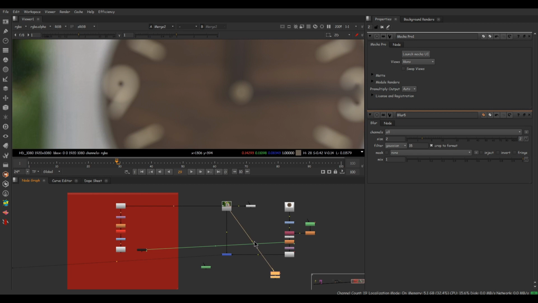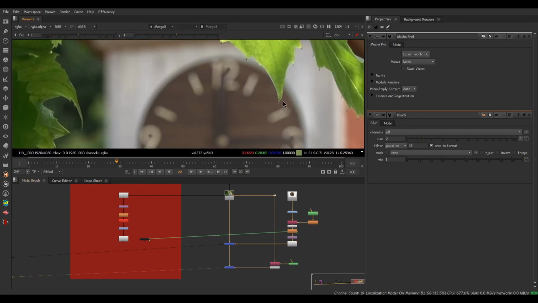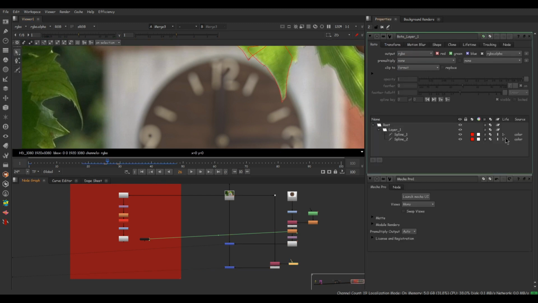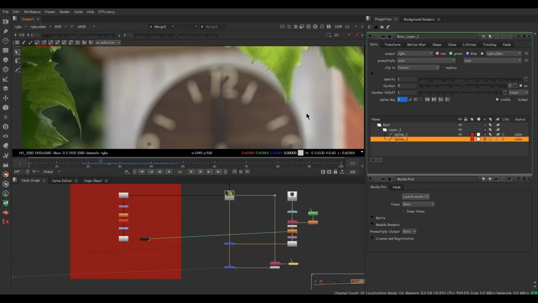Be into the input and let's organize a bit. Connect the pipe into the roto. Let's merge this result with the comp. Hey, that's done. We are missing motion blur, so turn that on here. That looks cool. And here we have the final results.